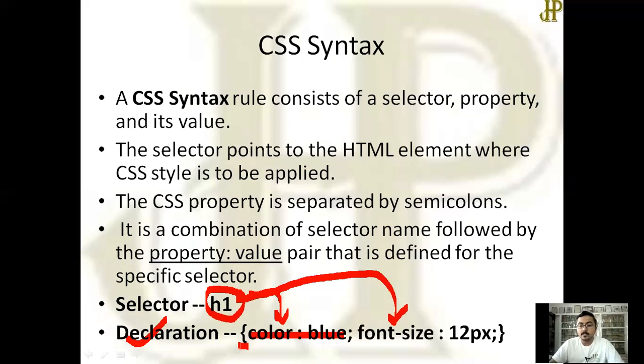You have to put an opening curly brace and end with a closing curly brace. And between these, you can apply more than one property value pair, and they should be separated by a semicolon.